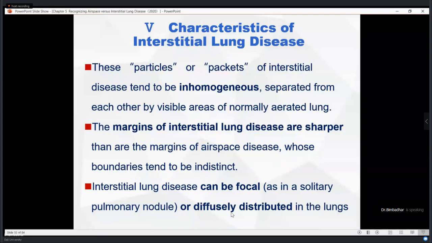Now, this is what I have been talking about before. Remember, you have to remember a very typical definition. It is called a solitary pulmonary nodule. Remember, solitary pulmonary nodule. It is also called SPN. SPN is nothing but a solitary pulmonary nodule. Solitary pulmonary nodule means to say,